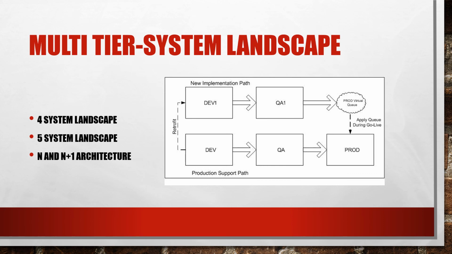As per business requirements, if you want to do some changes in the development system and then you want to mix those changes with some other changes in another development system, for those cases you can use a multi-tier architecture. This figure is generally showing a typical 5-tier system and the flow of transport from dev to dev 1, then QA to QA 1, and then finally making the changes in prod 1. So this is a multi-tier system, also known as a hybrid SAP system landscape.